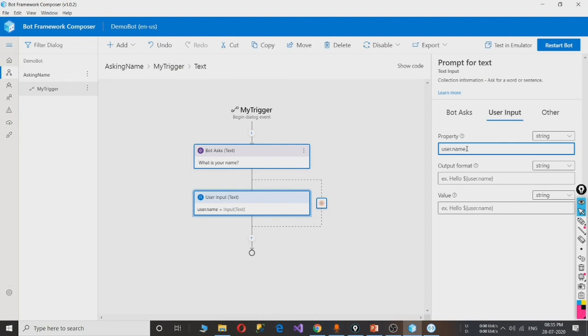What are the different properties that we will use in the bot composer, I will discuss later. Suppose I am using this property name, and this is optional. How do you want to format your input?